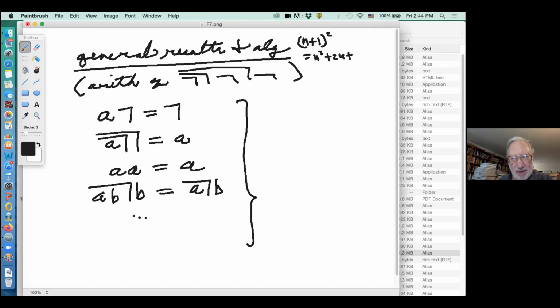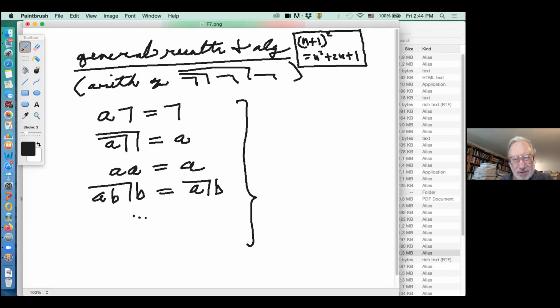What does that mean? One of the things that it means is that if you put any number in here and you square it, like 7 plus 1 squared is 8 squared is 64, it'll be the same as adding it up over here. 7 squared, 49, plus 14 is 63, and 1 is 64. That it works. It works for any number. So you can look at this and see that it will work for any number.